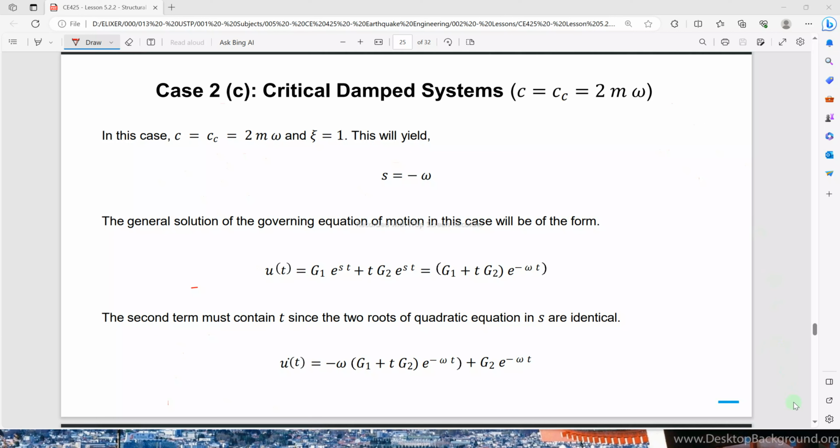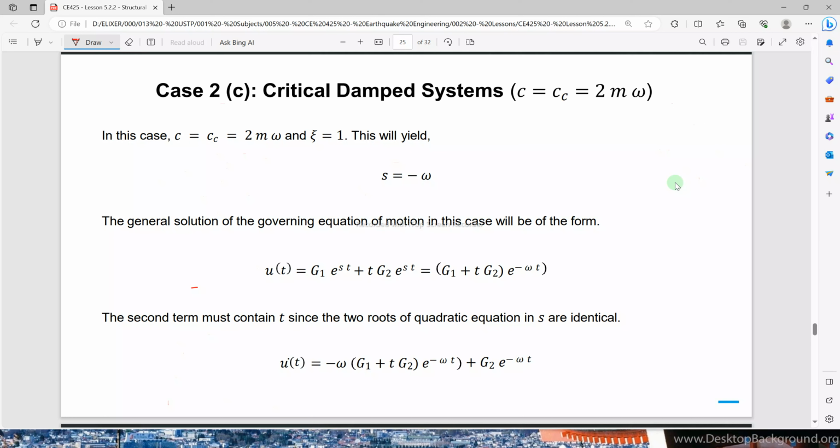We also already discussed the undamped free vibration system, and also case 2b, the underdamped free vibration response system. So again, just to reiterate, our auxiliary equation, if you remember our auxiliary equation,